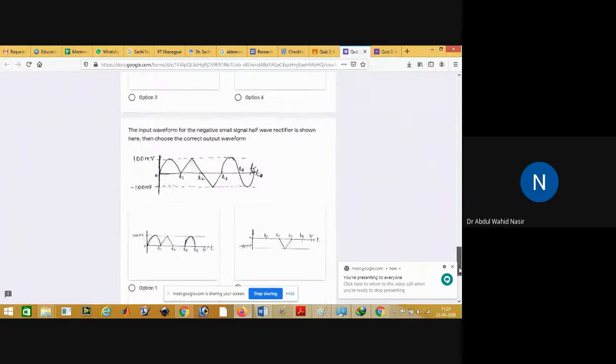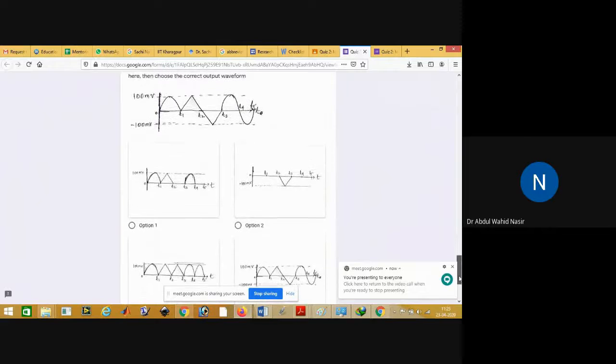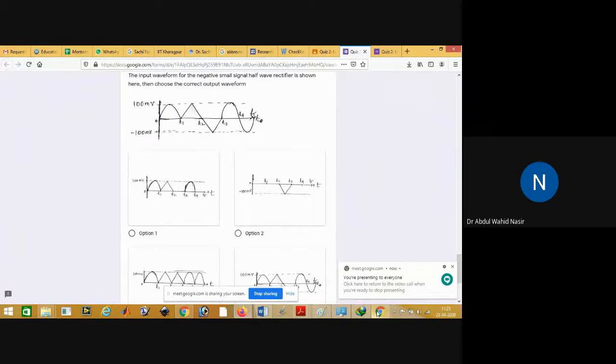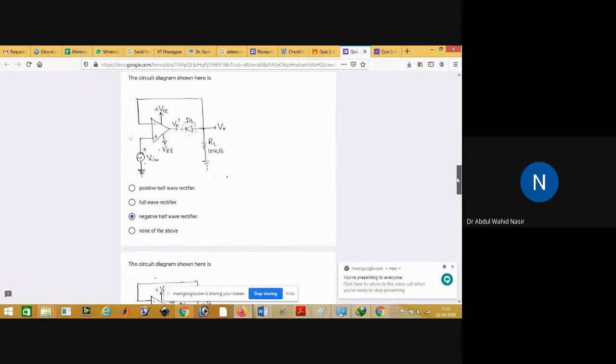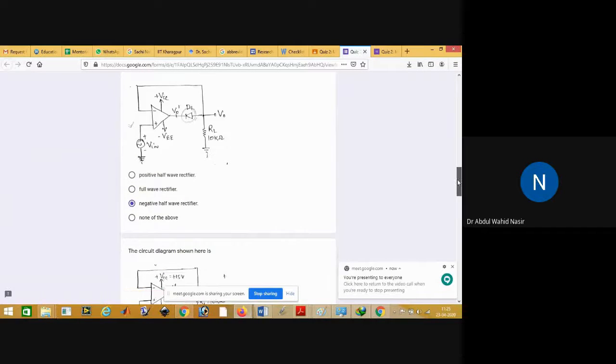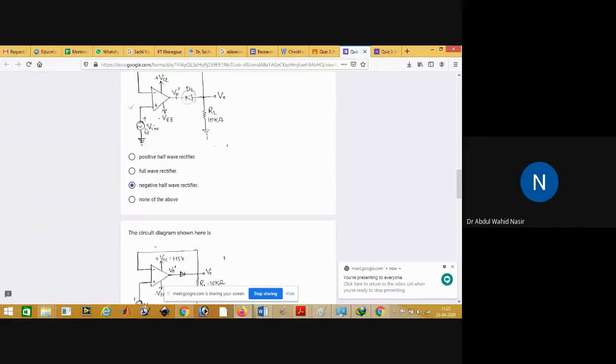Now moving to the last problem. The input waveform for the negative small signal half wave rectifier is shown here. Then choose the correct output waveform. Again, I have used the same signal. This is given to the negative half wave rectifier. So what is a negative half wave rectifier? This is your negative half wave rectifier, which is on the screen. Here at the input, you are again giving the same signal, but it is a negative half wave rectifier. That means